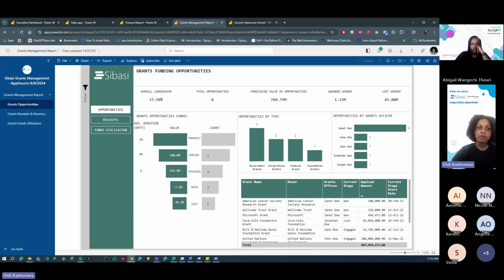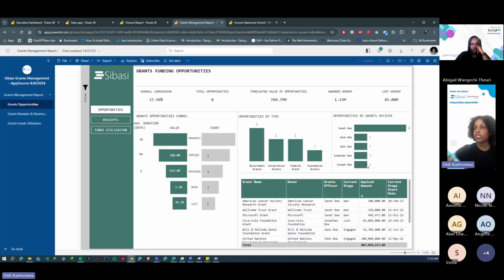So this dashboard tracks grant opportunities across different stages, from prospects to won or lost, and shows you the pipelines of each. You're able to see which opportunities you have by type, either government, corporation, federal, foundation, and then